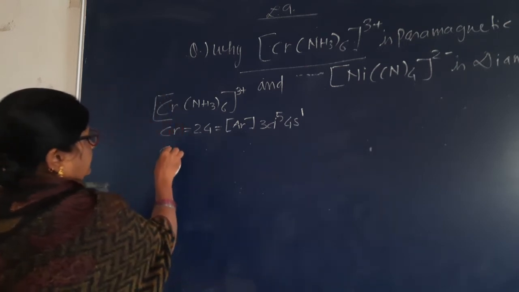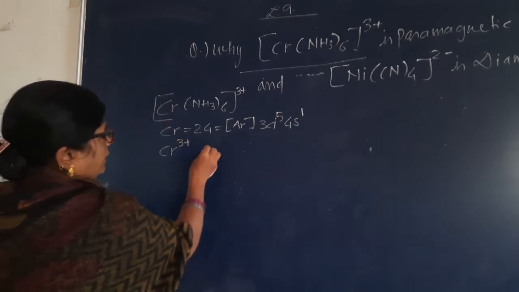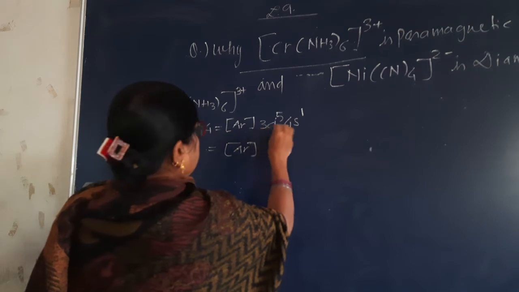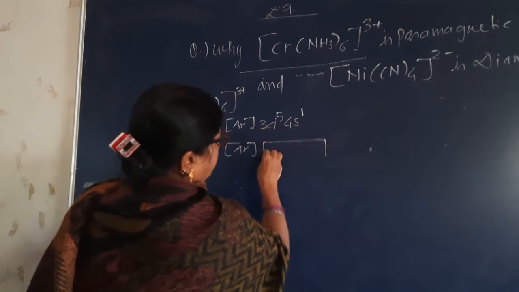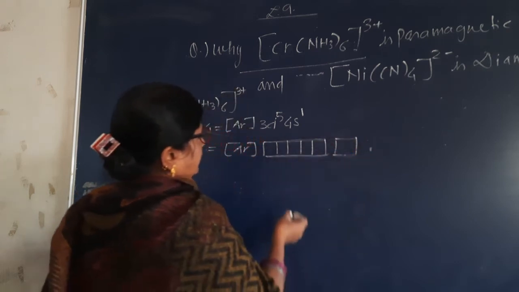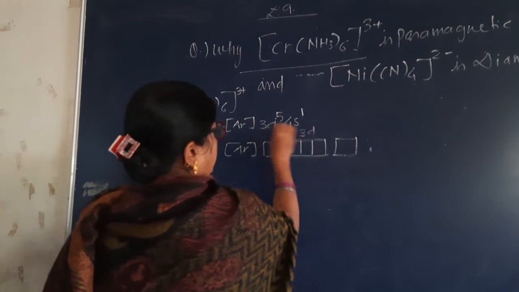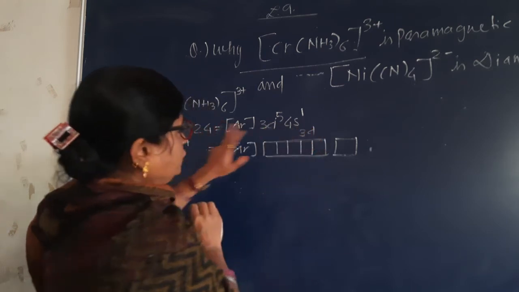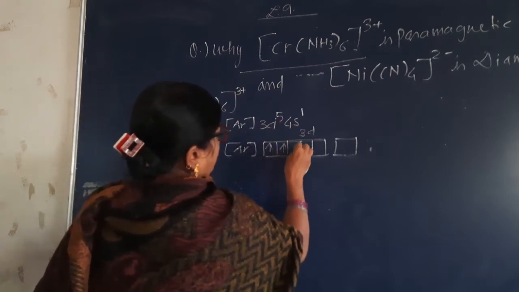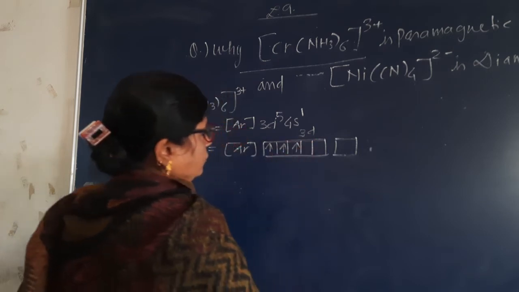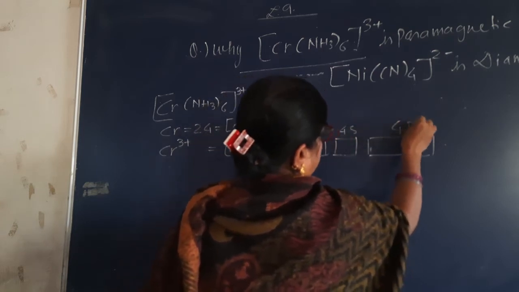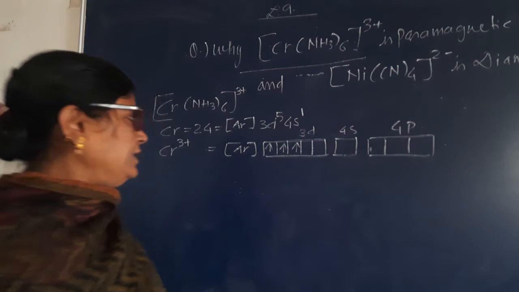So therefore Cr3+ will be written as argon 3. Now 3 plus, so 3 electrons will be lost. 3d5, we draw like this: 1, 2, 3, 4, 5. 4s will be like this. So in 3d, how many electrons now? 3 are lost. So 1 here and 2 here. We will write here 1, 2, 3. This much only, and then draw 4s and this is 4p: 1, 2, 3. Right, now they all are vacant.